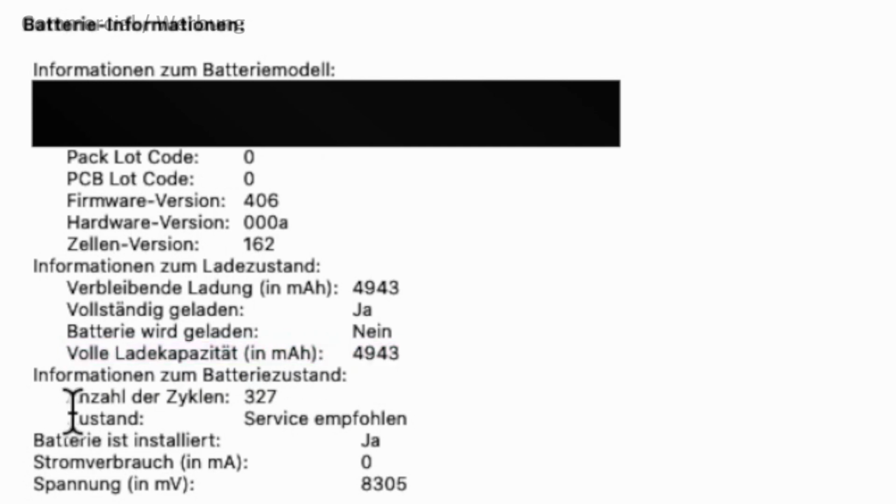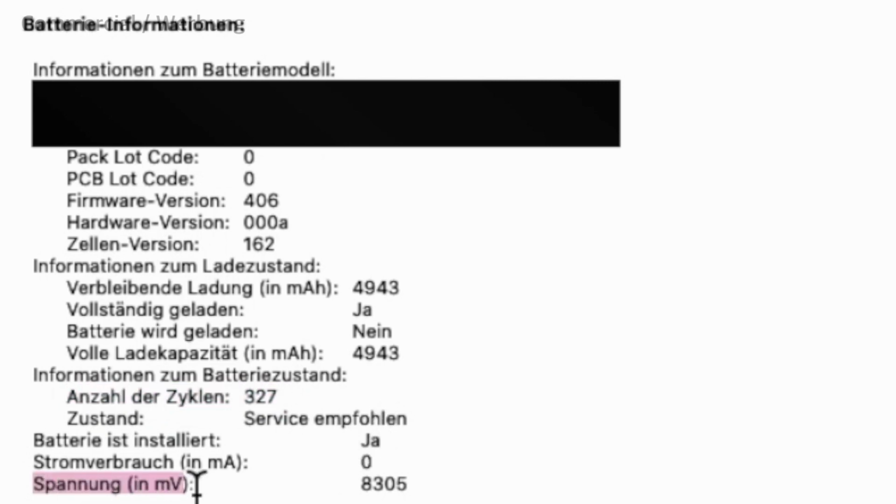The remaining battery capacity corresponds to about 69%. We also find the total number of full charging cycles, which is 327 here. It is an interesting value too, because we can derive the total runtime on battery from it.